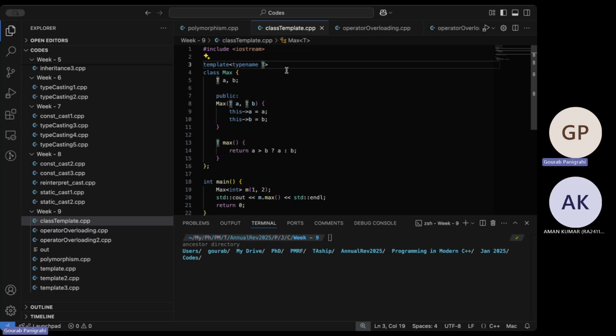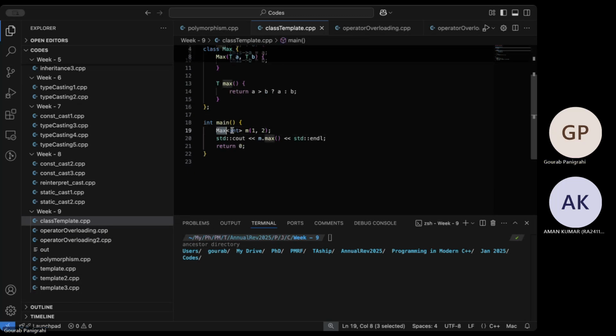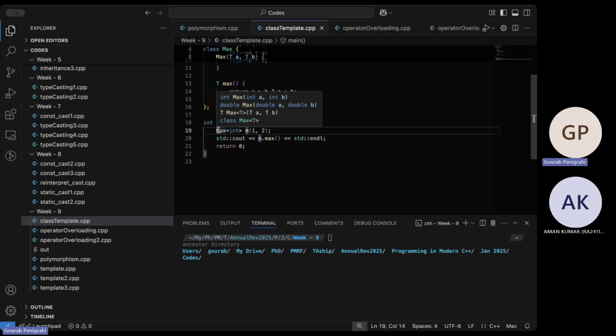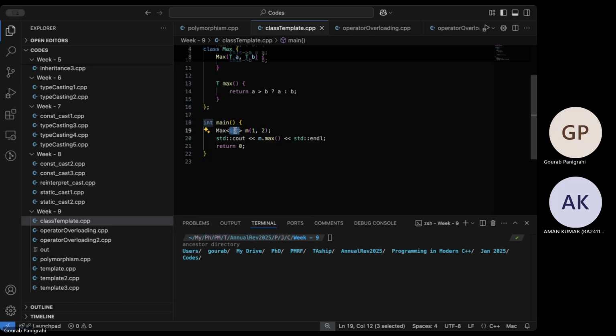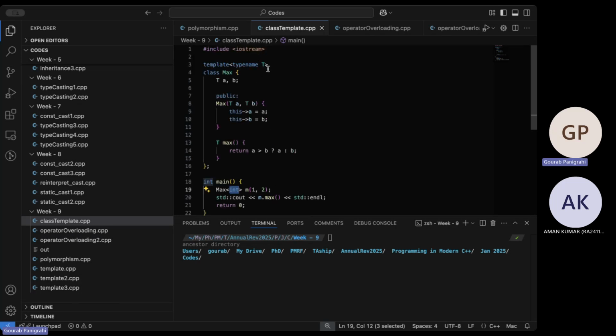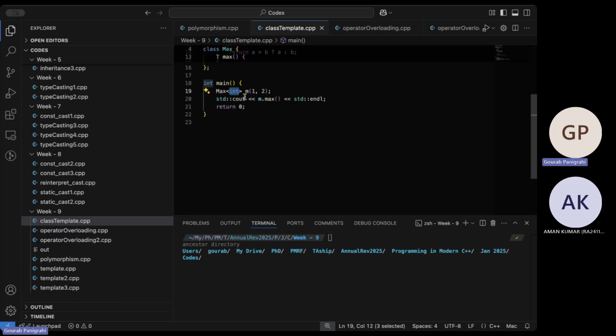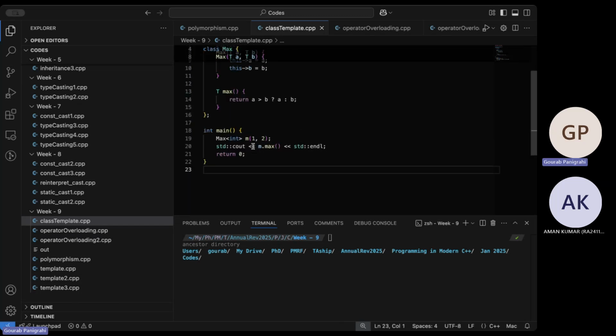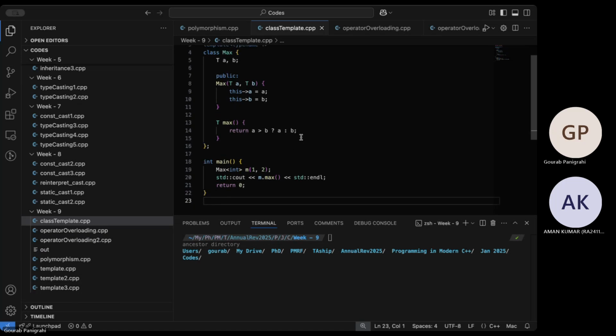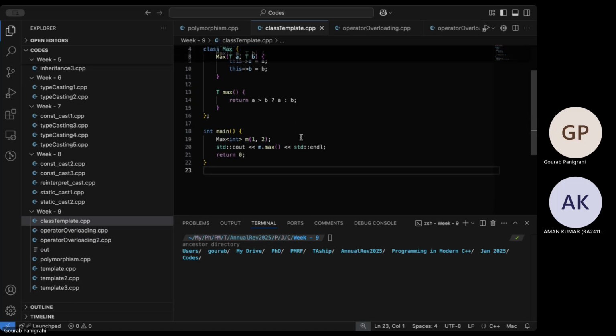When you instantiate an object this way, the small m is the object. I can have it for A, I can have it for B, I can have it for C. For A I might have integer, for B I might have double, and so on. The letter will correspondingly be adapted for each of the classes, whatever is the input. That's what one has to understand.